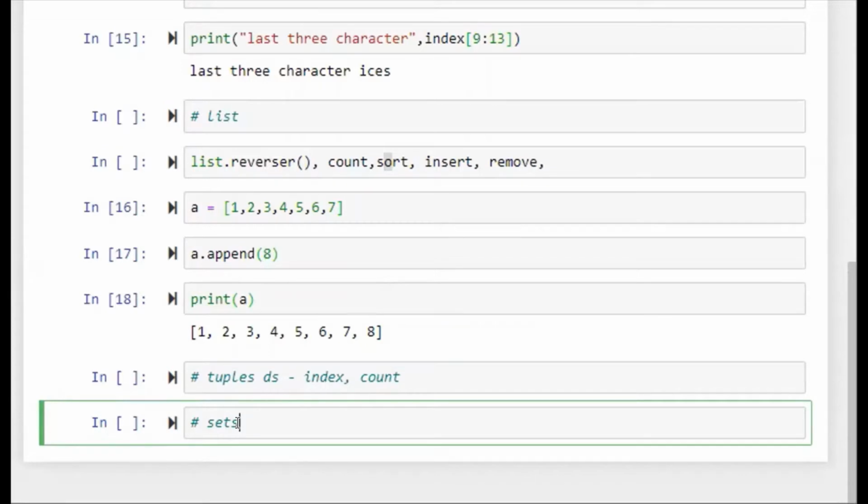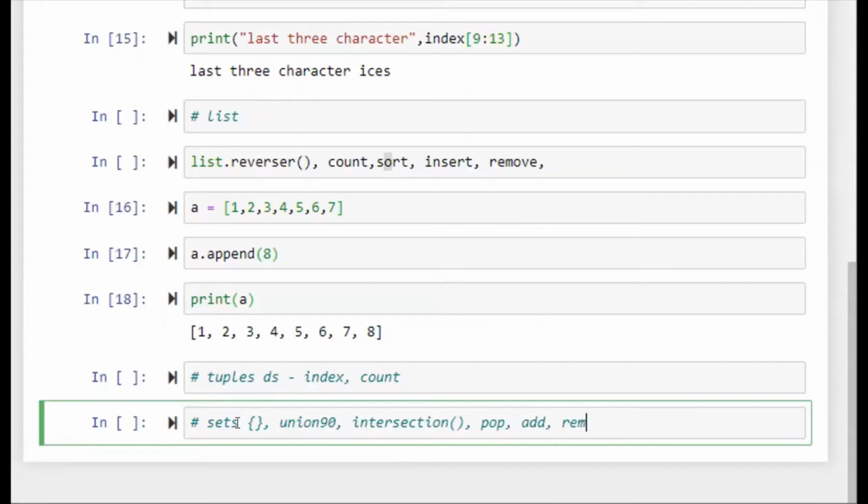Curly braces are used for this purpose, and its famous commands are union, intersection, pop, add, and remove.